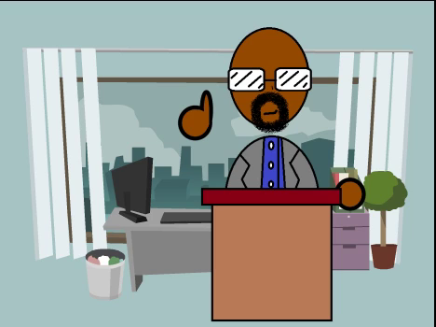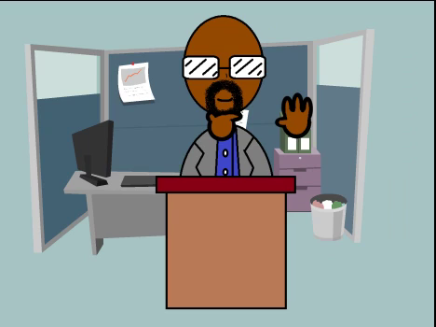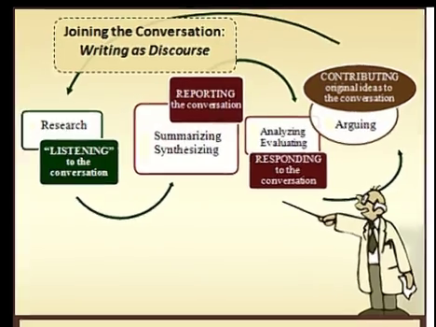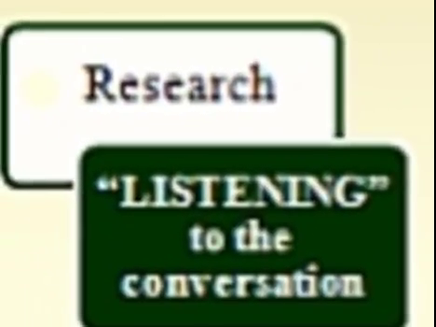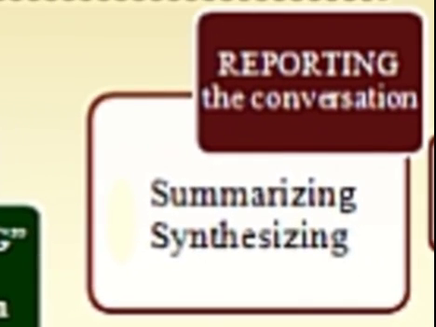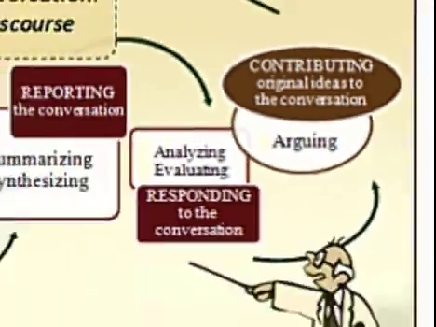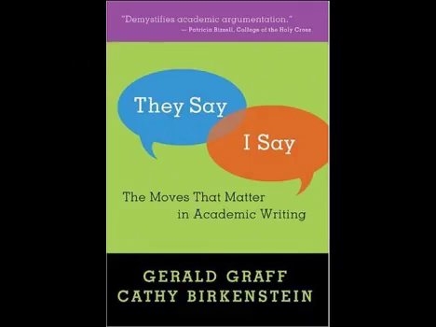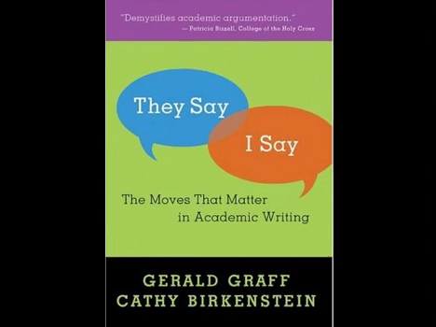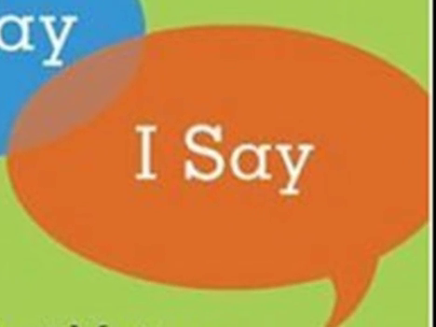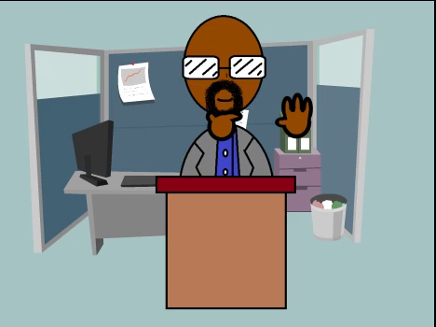Furthermore, when you're engaging an issue, you don't want to jump right in and state what you think. You want to give the reader some background information about the issue itself. This is what's called a narrative. Essentially what you're doing is structuring your argument in the way that's suggested by the title of this very interesting book, They Say, I Say. Essentially, you'll explain that other people have written things about your issue. This is what they say. However, there are other different perspectives that people might not have considered. That would be your perspective, and so this is what I say. They say, I say. That's what we've covered so far.